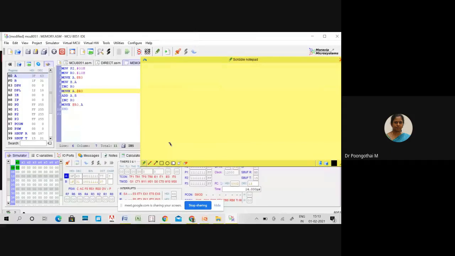accessing internal data memory. So this is your internal data memory. The size of the address is 8-bit here, not 16-bit. If you are accessing external memory, the address bus size is 16-bit. In case of internal data memory, the address is 8-bit.